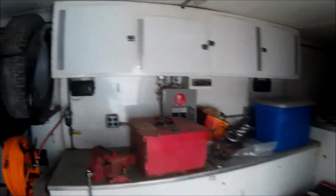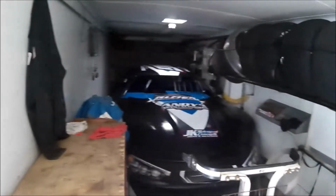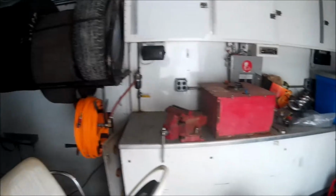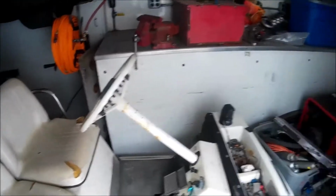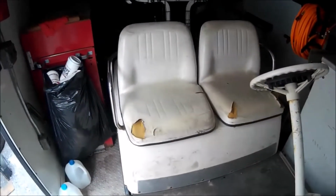And the trailers are kind of a disaster from last winter, and we're in a rush to get the primary car to the car show. It's kind of stuffed in there, and we got to do a little revamping and readjusting, I should say, to make things work. But it looks like things are going to fit. It looks like the golf cart, or the race cart, I guess we'll have to call it, is going to